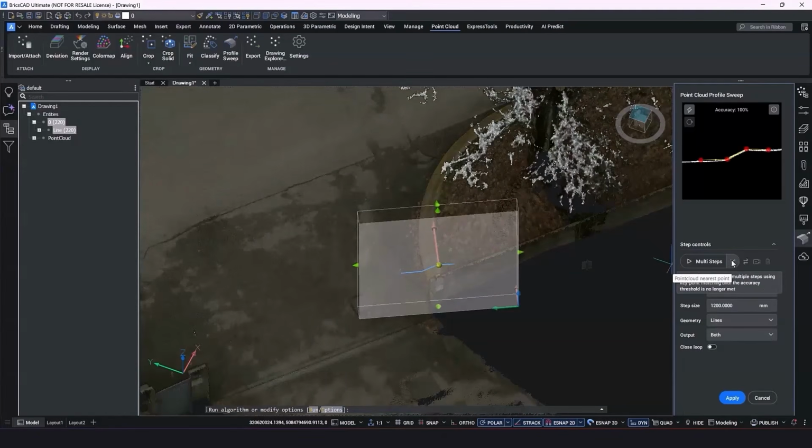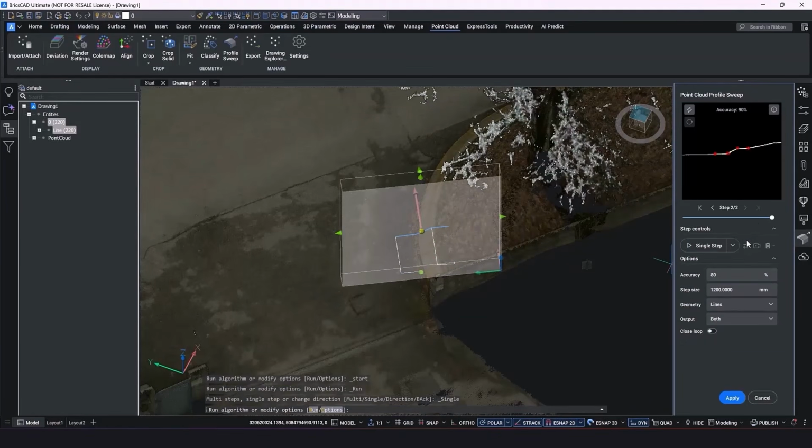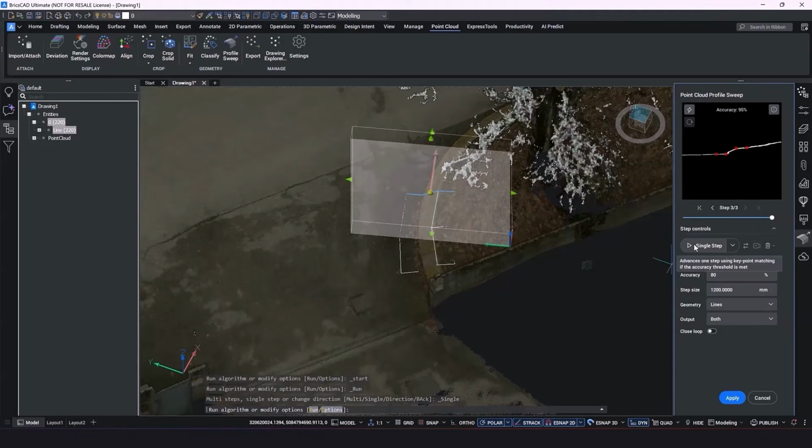Now, again, I'm going to just do a single step of 1,200 millimeters. There we go. Now, accuracy's gone down to 90%. What we could do here is click and move these key points to better fit the frame, and then try again.